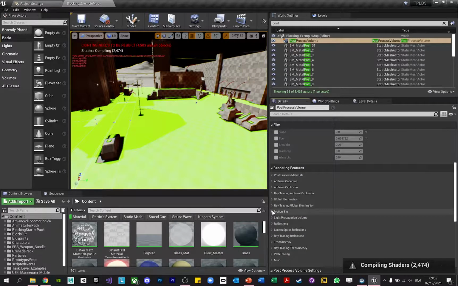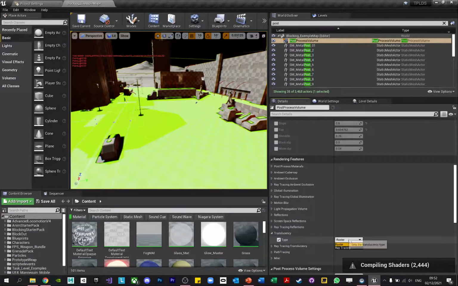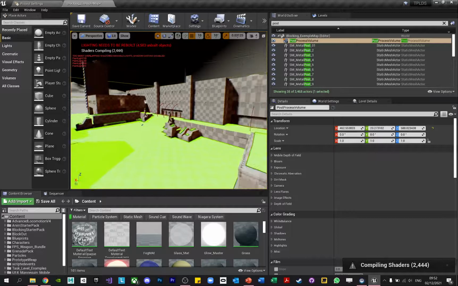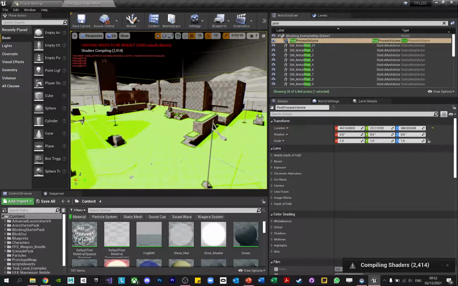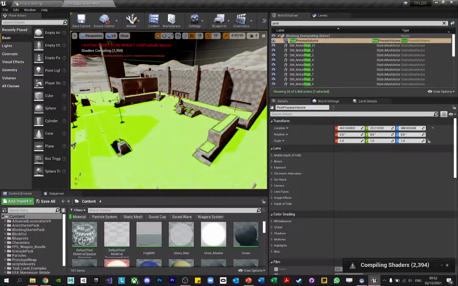I'm trying to think what else is in here. Reflections, we've already done. Well, look, keep it on screen space. Make sure that's off. Translucency, raster, okay. And I think that's about it. But by turning these off again, your game is going to run a lot better, especially in VR. And this is probably more of a VR specific thing again because you've got to render that scene twice. So yeah,